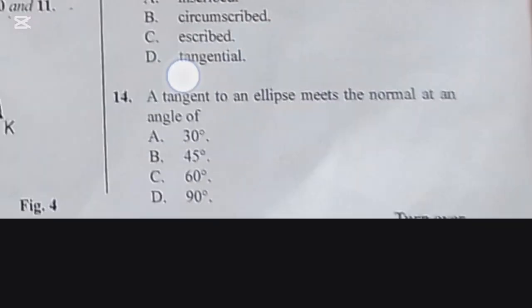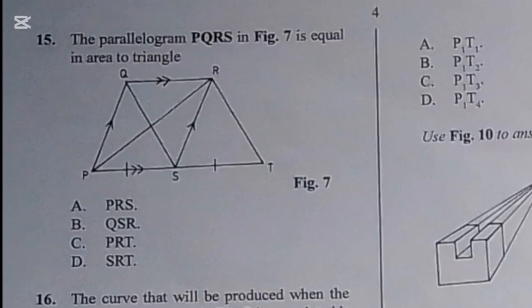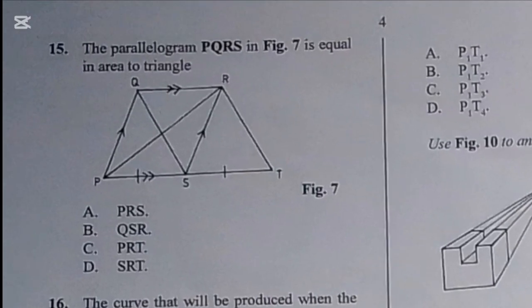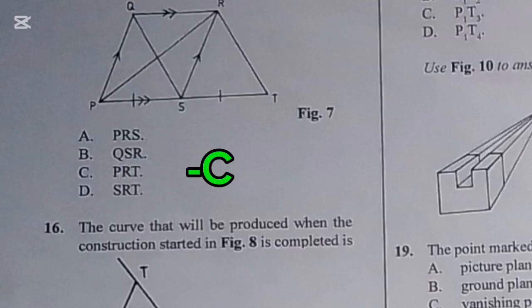Now next question. Question 15 says the parallelogram PQRS in figure 7 is equal in area to triangle. You can see the PQRS is a parallelogram having two parallel sides. Okay, is equal in area. The correct answer here is C,